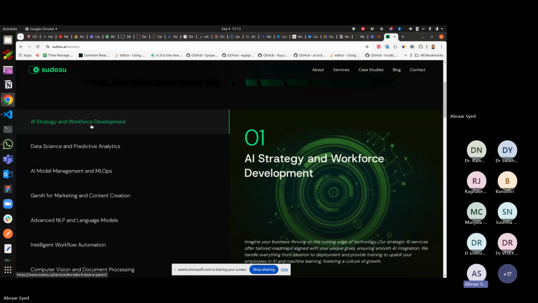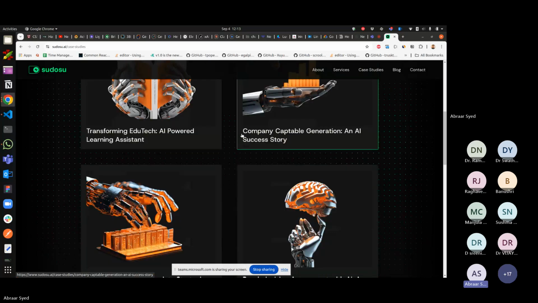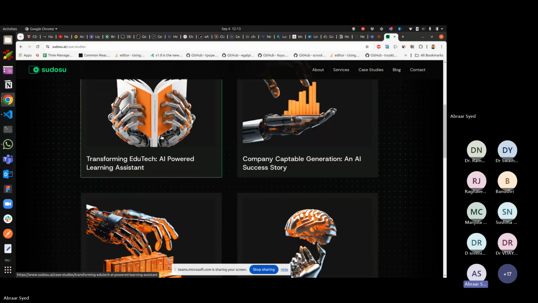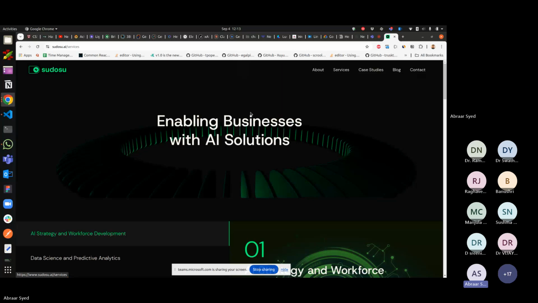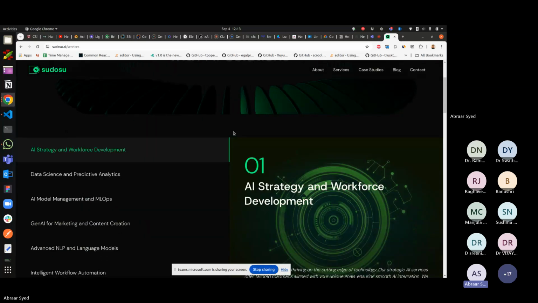You cannot decide a timeline for it, because let's say you start with a project. I'll give you an example of this. So let's go with case studies. One of the case studies that I was working on is an AI powered learning assistant. When I was working on this project, we had to build a chatbot interface for an edutech platform. The models we chose were obviously not 100% efficient.